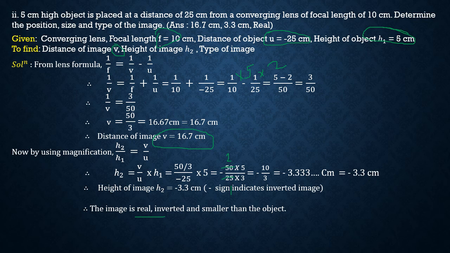Now why is it inverted? Because the height is minus. Height is minus, therefore the image is inverted. And why is it smaller? Because you can see the height of the object is 5 and the height of the image is 3.3. So obviously it is smaller. Clear? So let's move to the